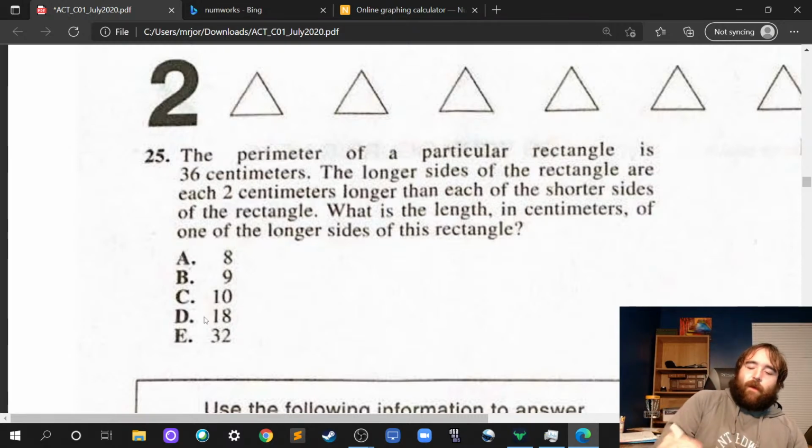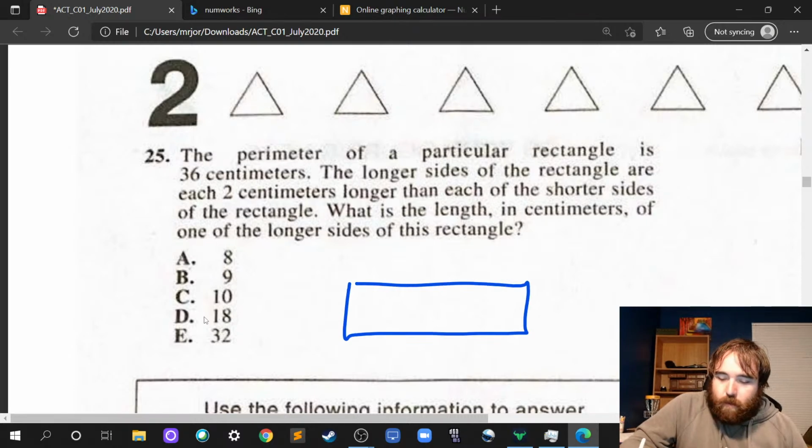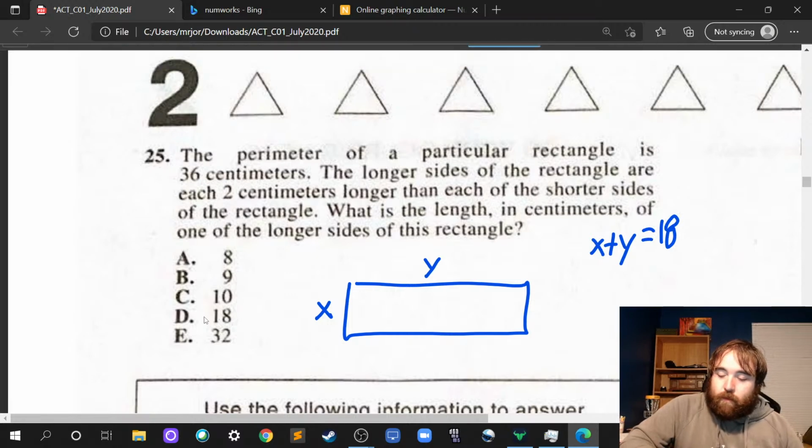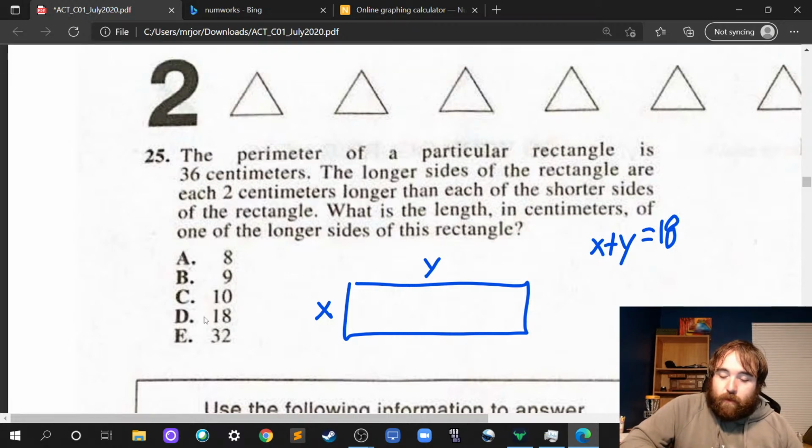Okay. They're using words weird here. So the perimeter, we're going to go x and we're going to go y. And we know that x plus y is 18. Longer sides of the rectangle are each 2 centimeters longer than each of the shorter sides. So if we know they add up to 18 and they're 2 different, so like x is y minus 2,